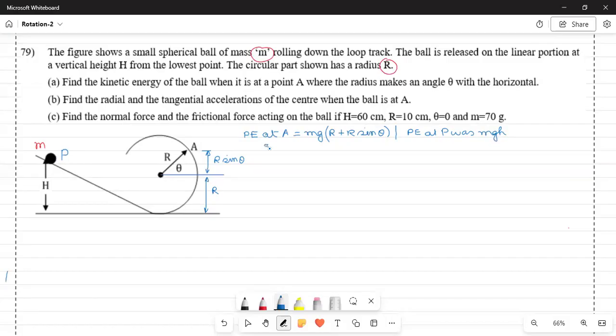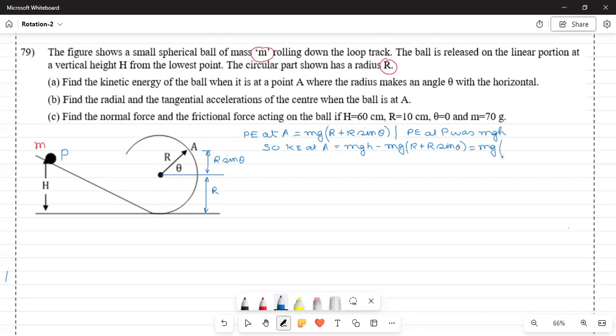So, without any further confusion or doubt, we can write, kinetic energy at A is equal to potential energy at P, mgh, minus mg (r plus r sine theta). We have no doubt in that,